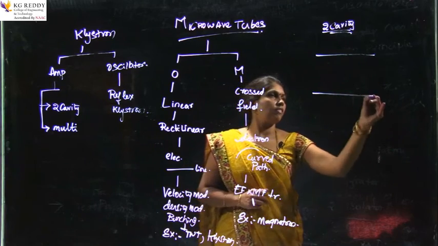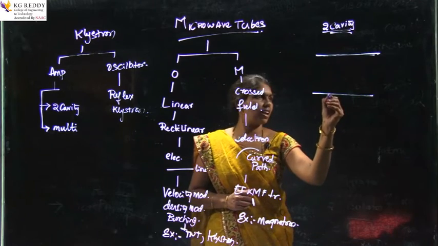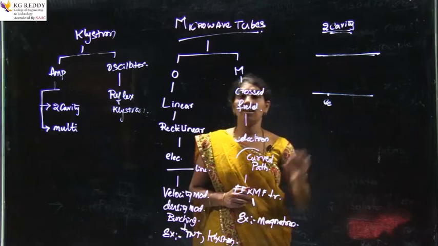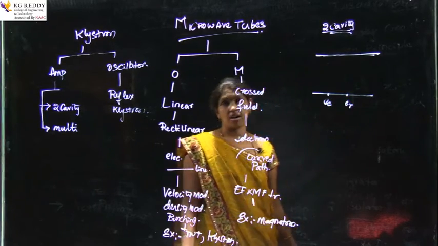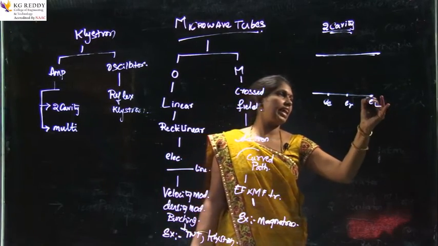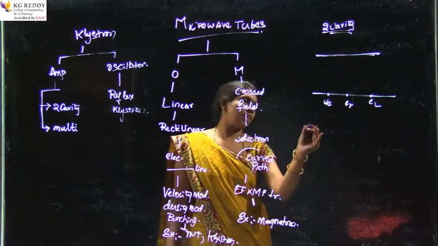Imagine we have 3 electrons. The first electron is EE, early electron. The second electron is ER, reference electron. The third electron is EL, late electron. This early electron path is subjected to RF.